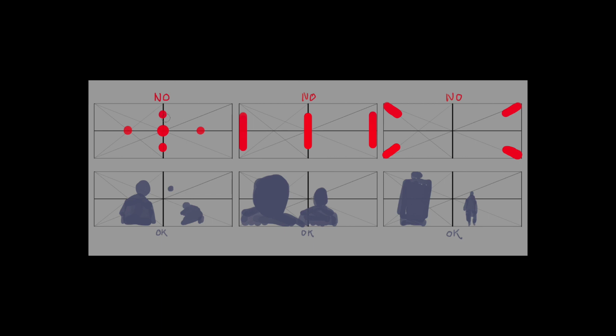Really, in the no section, I just try to avoid sticking things smack in the center or on the center axis. This just makes the image feel a lot stiff. However, there are exceptions where you can do that, and you just have to design your shot around this being